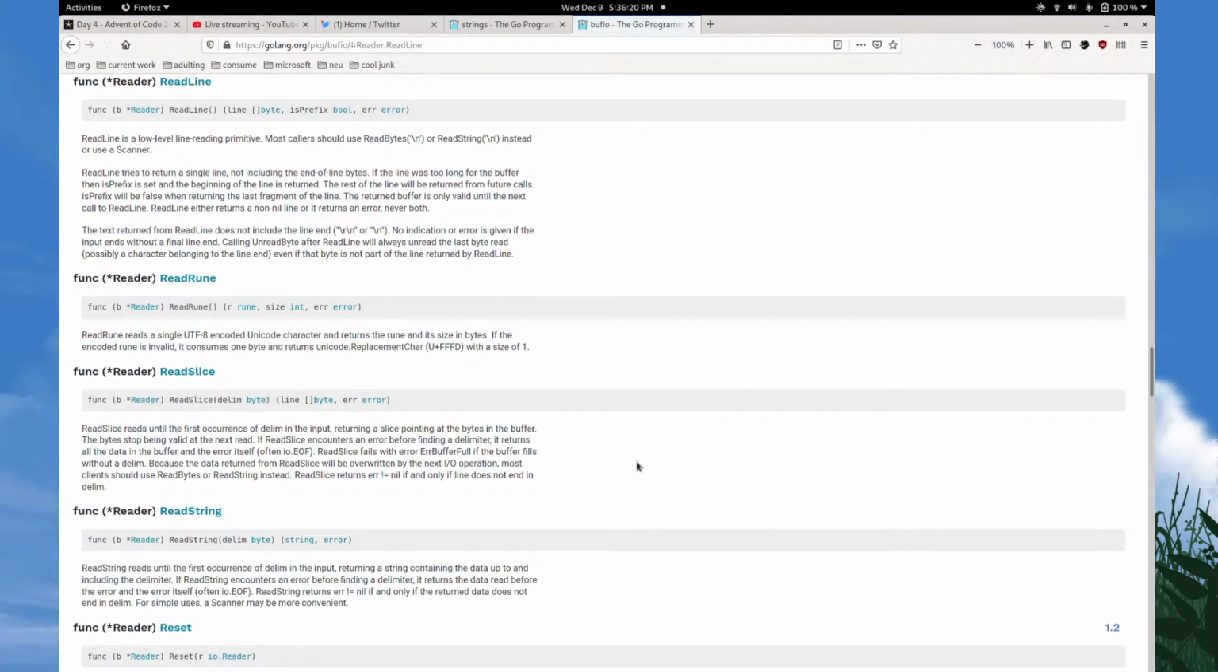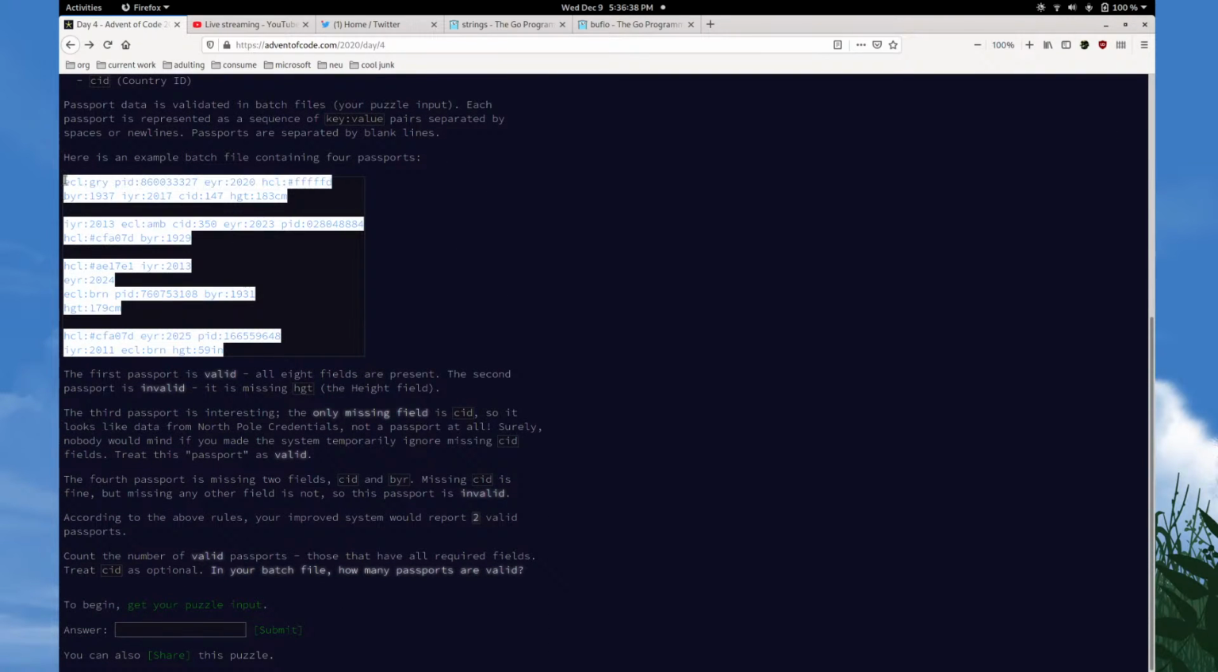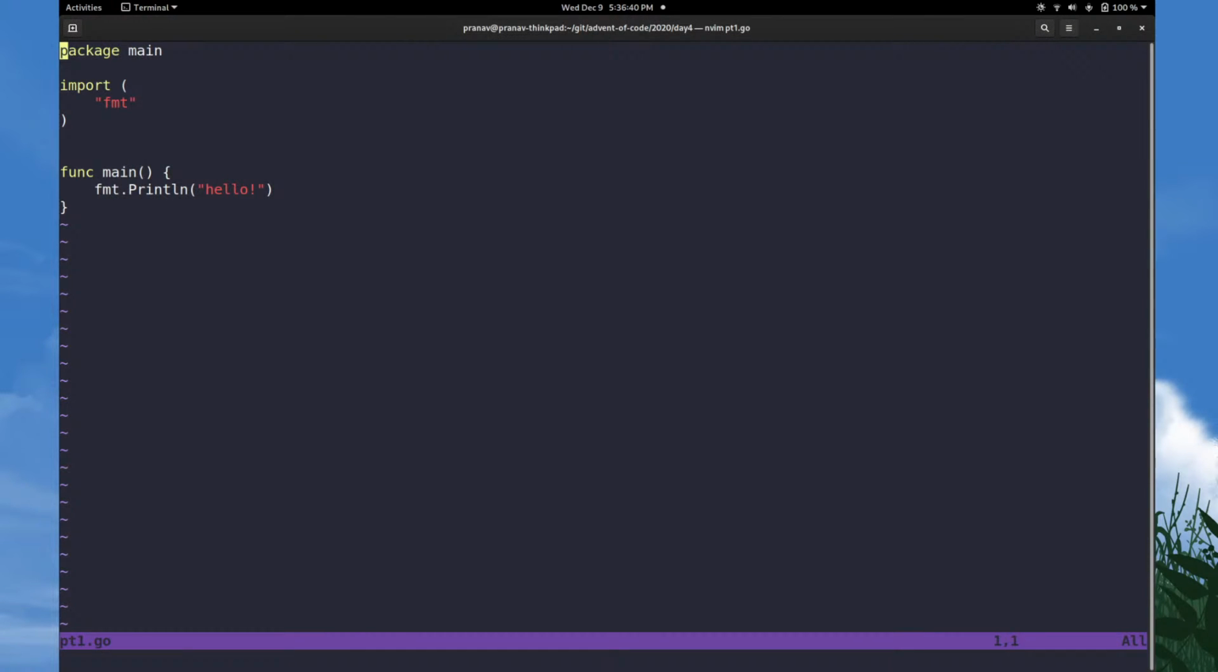Read line and buff IO. Is prefix. Too long. Let's just ignore that for now. Yeah. Okay, cool. So